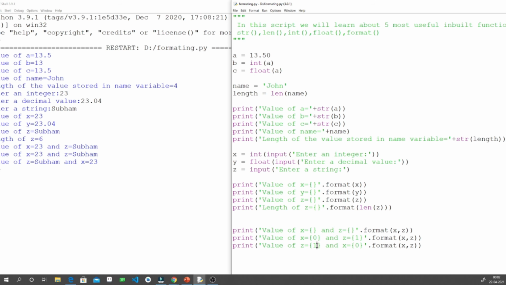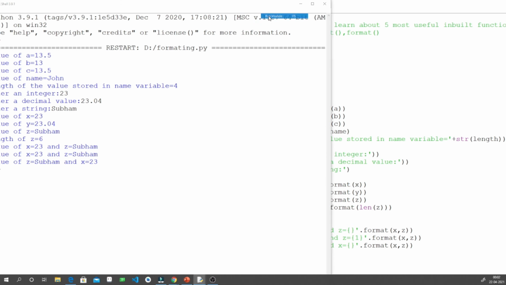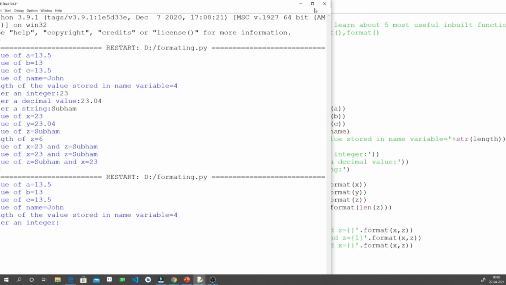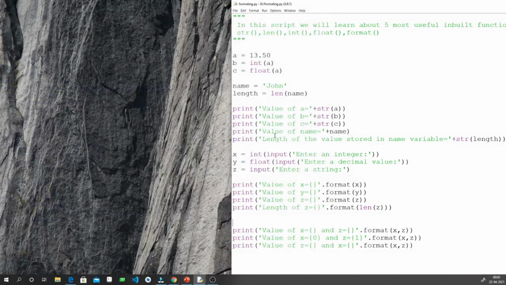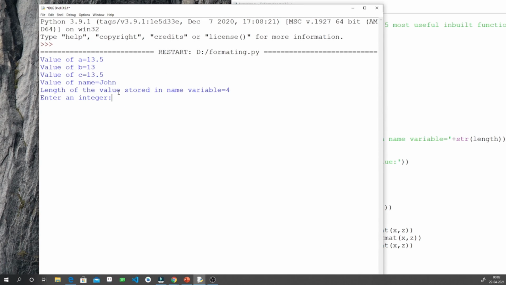If we don't pass the parameters like this and save the file, it will give wrong output. Let me close this and rerun. See, it is asking for values, so let me give the old values only.